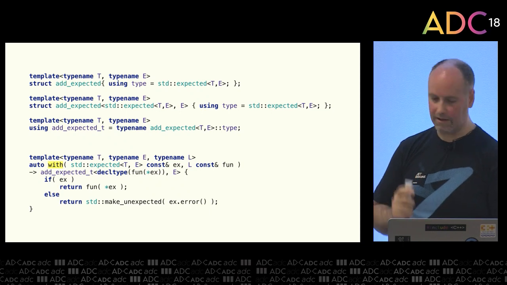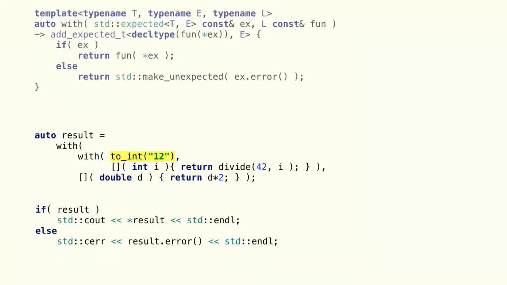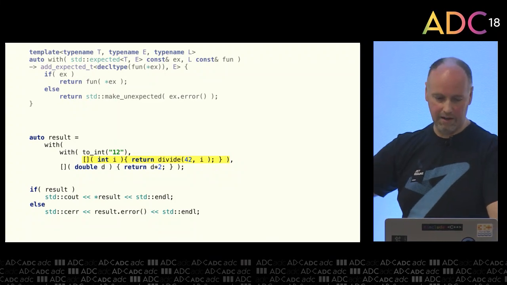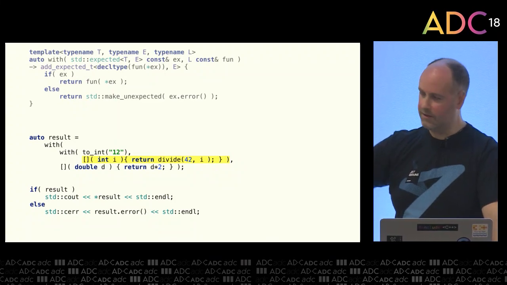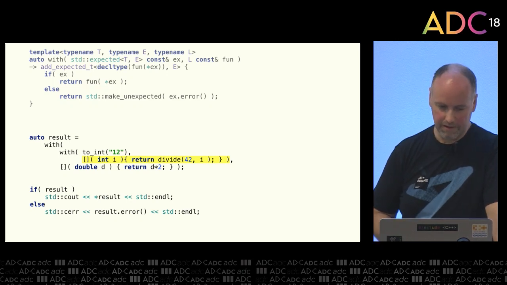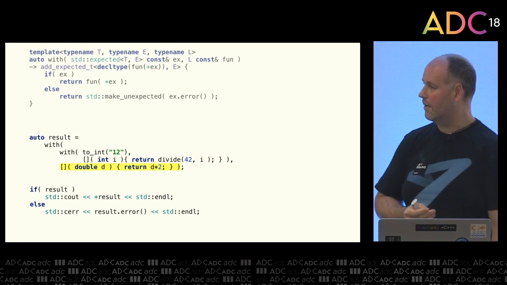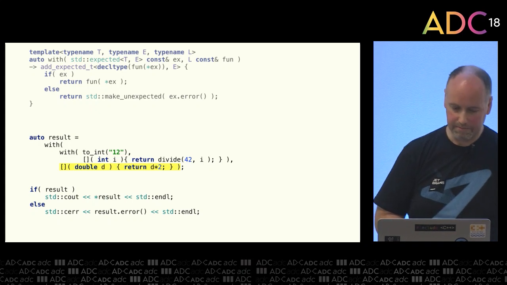So how does that make our example look? Well, it looks something like this. And sure enough, all the if statements have gone, but we still have to walk through this. So now execution starts in the middle, the highlighted bit, calling toInt. That returns an expected that gets passed on to with, which will do our if, and then, if it contains a value, calls our next lambda, which will then forward on to divide. But notice this gets the dereferenced value in, not the expected. So that composes nicely. And if that returns a value, that finally gets forwarded on to the last lambda to do something else with it.